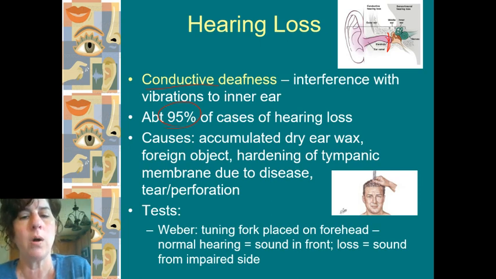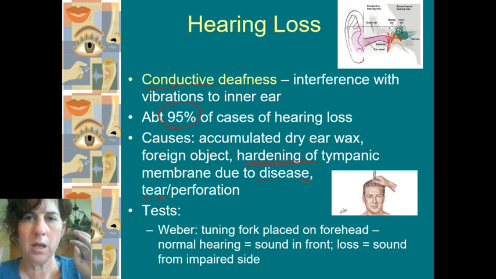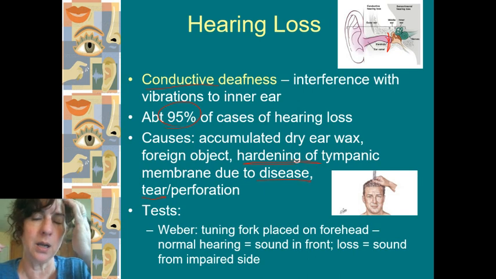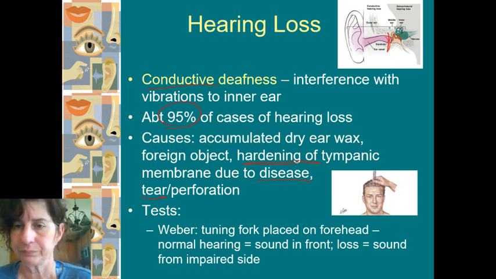So that would be more of a long-term thing. If you've got hardening of that tympanic membrane, it can't vibrate like it's supposed to. That can cause loss. If it's a temporary tear, sometimes you get an ear infection and it hurts, and then it tears, and the liquid actually comes out a little bit and it relieves the pain. You can repair it. But repeated tears over a long period of time, or really extreme tears, can cause scarring that causes a problem with hearing later on.